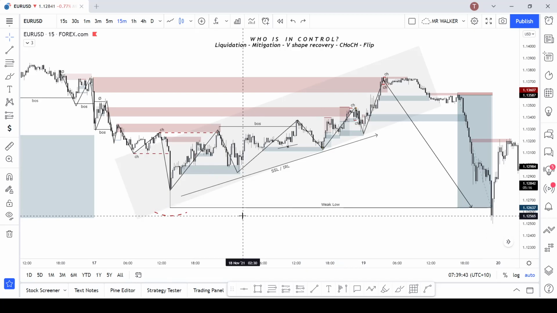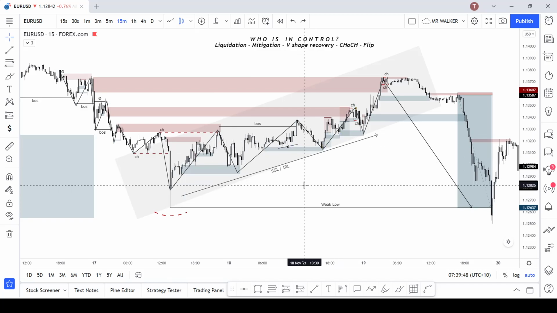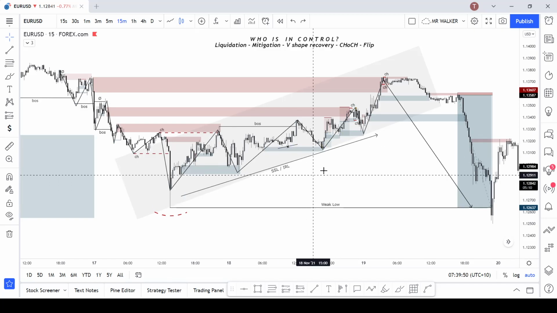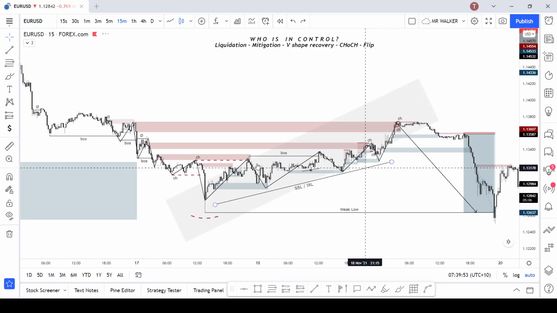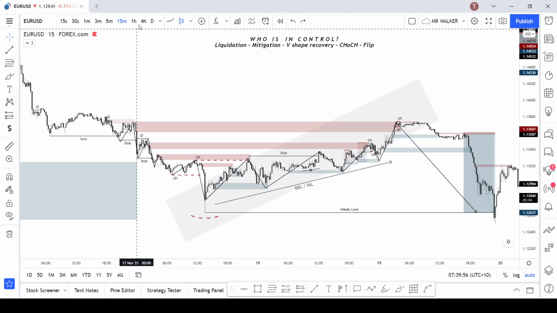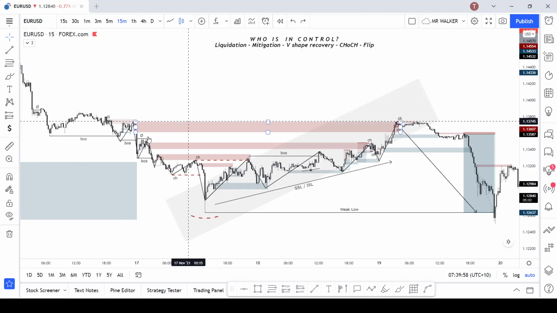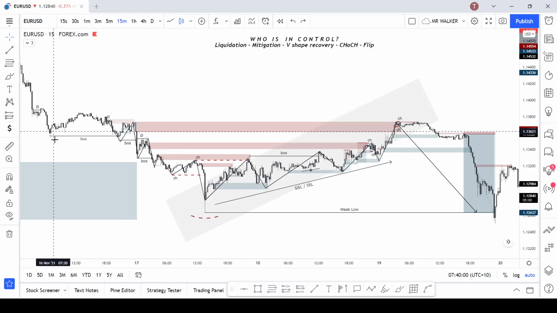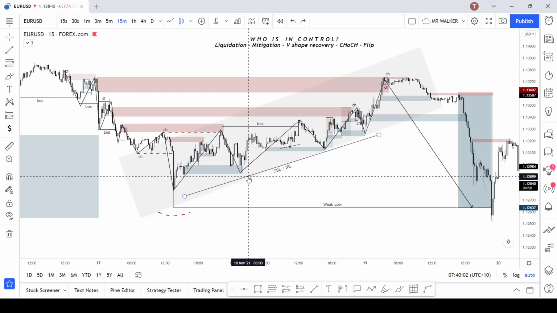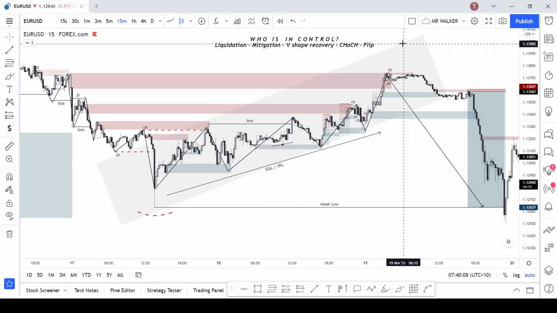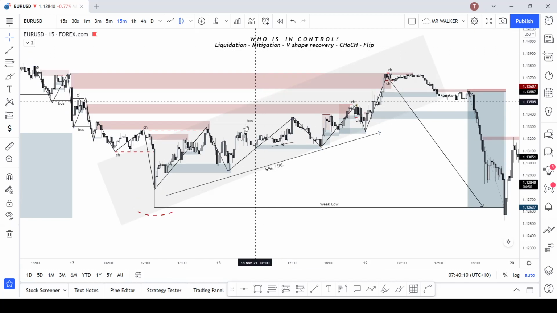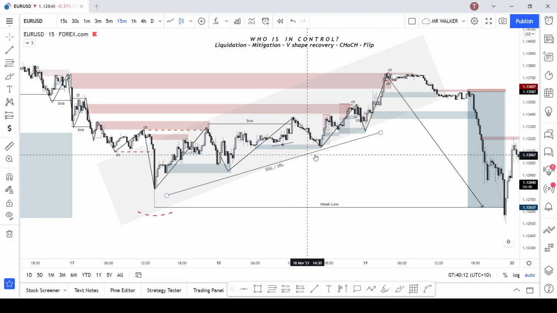Why is this low weak? Because we actually failed to break the 4-hour swing high, which was strong because it broke this point of structure, swing point low. So yeah, this block, this rectangle